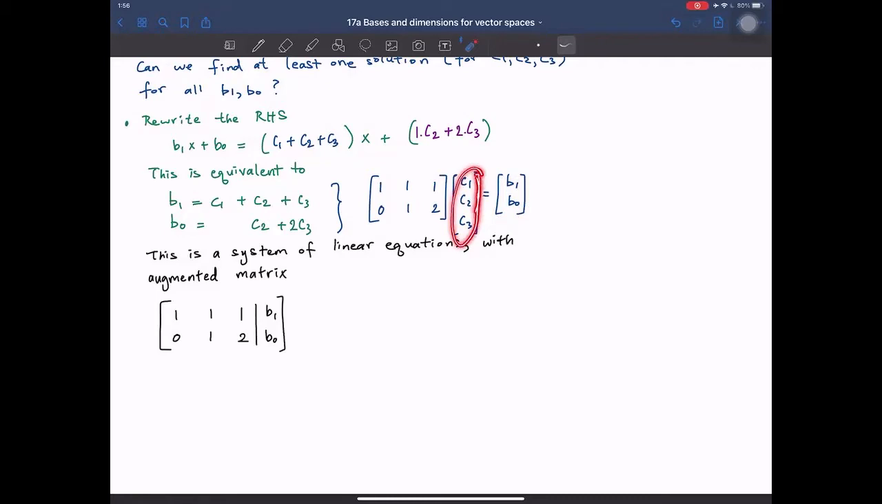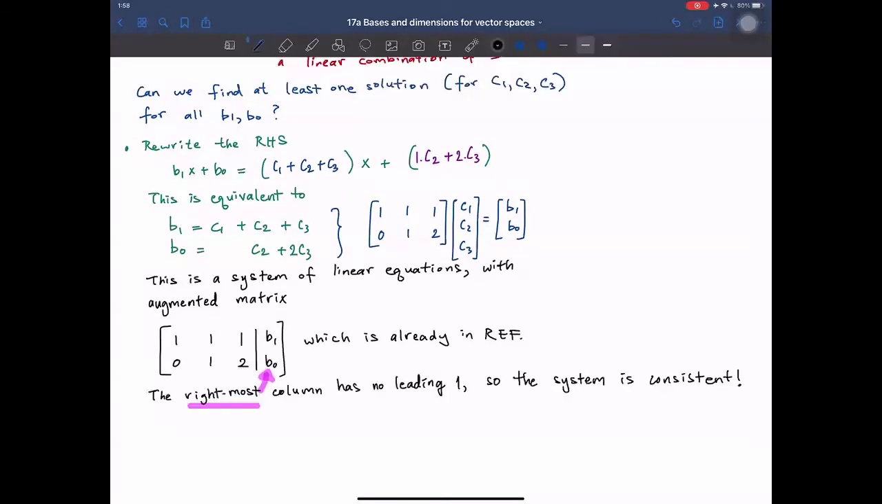because C1, C2, C3 are our variables. Our augmented matrix is already in row echelon form, so we don't have to do any row reduce. We see that to the right of the vertical line, we do not see any leading one. This means that the system is consistent. The system being consistent means that we are able to find at least one C1, C2, C3 where this equality